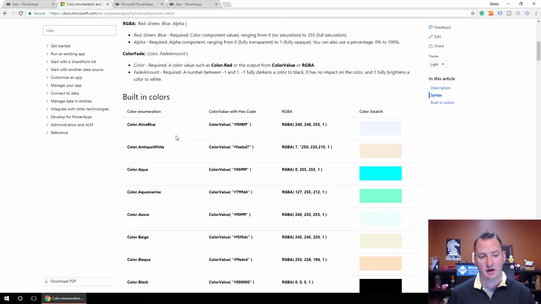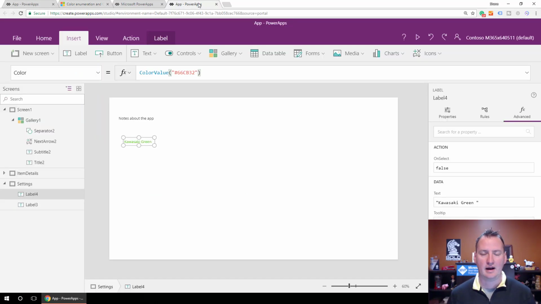So if you're a fan of Alice Blue, then you can just take advantage of that instead of all the work I'm about to show you. I'll put a link in the description to that if you want to see it. Okay, but now that I've got Kawasaki Green set as green, I'm going to change this fill to be